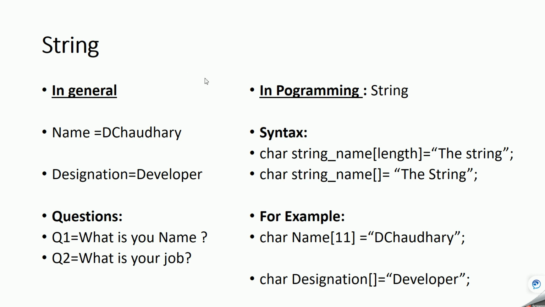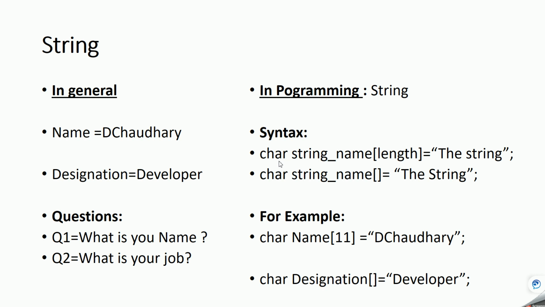So all this information that we are trying to collect here is a sequence of characters. These questions, like what is your name, are nothing but a sequence of characters. To represent a sequence of characters in C programming, we have a concept called string. String is nothing but a collection or sequence or an array of characters with a null character at the end. And what is this null character, we'll see later. Okay, so let's see how you can write a string in C.